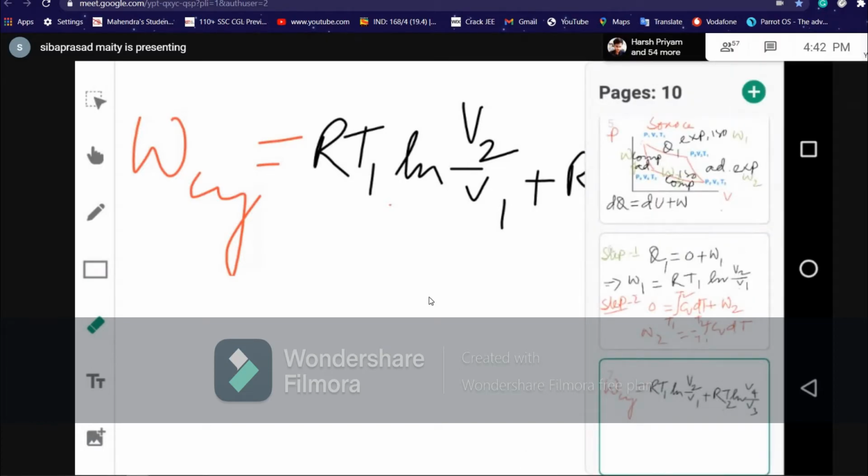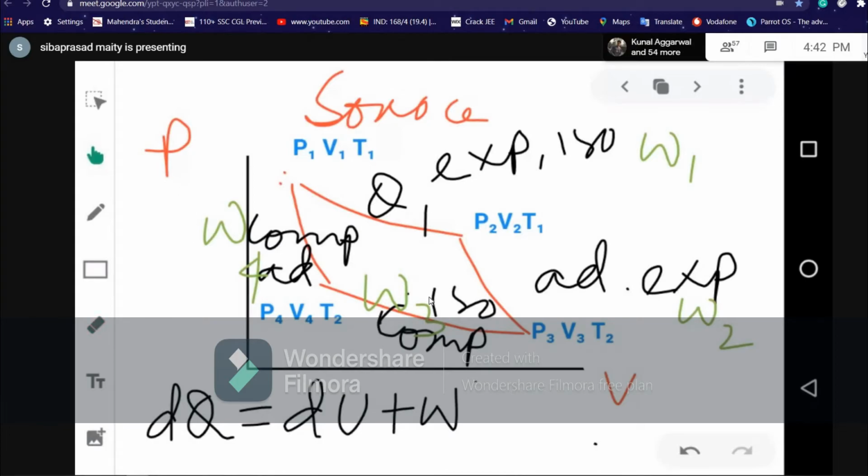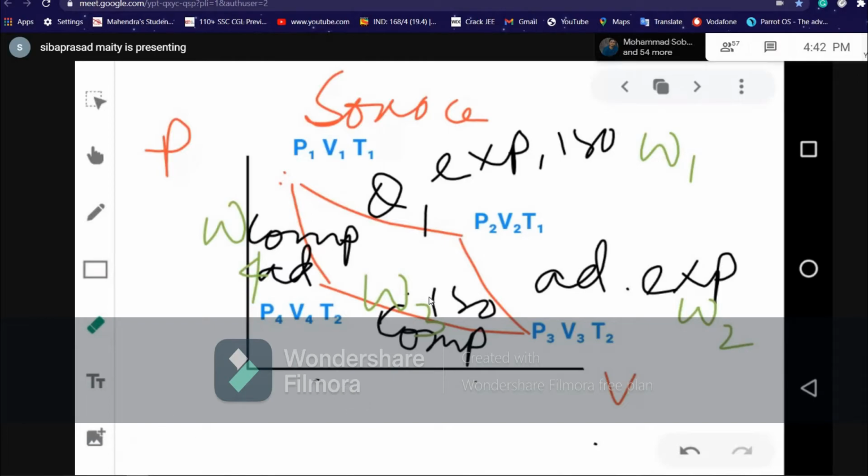Now let us go back to this slide. This step was adiabatic expansion of ideal gas, yes or no? And reversible. And this is the reversible adiabatic expansion, compression of ideal gas. In the adiabatic process, try to remember that we derived a relation in the previous class, T V to the power gamma minus 1 equal to constant. Can you remember it? Then for step 2, can we write T1 into V2 to the power gamma minus 1 equal to T2 into